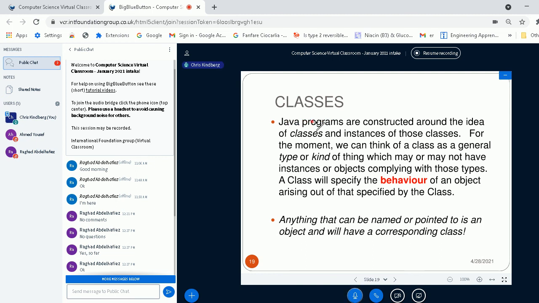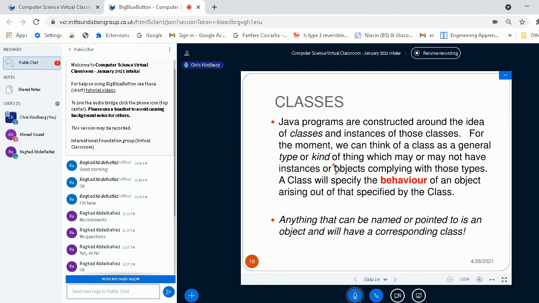Each Java program in effect is constructed around the idea of classes and instances of classes. For the moment, you can think of a class as a general type or kind of thing which may or may not have instances or objects complying with those types. So a class has instances or objects which have been generated from it.